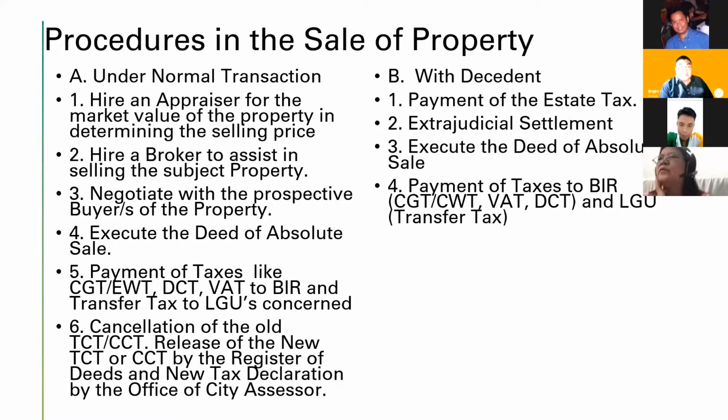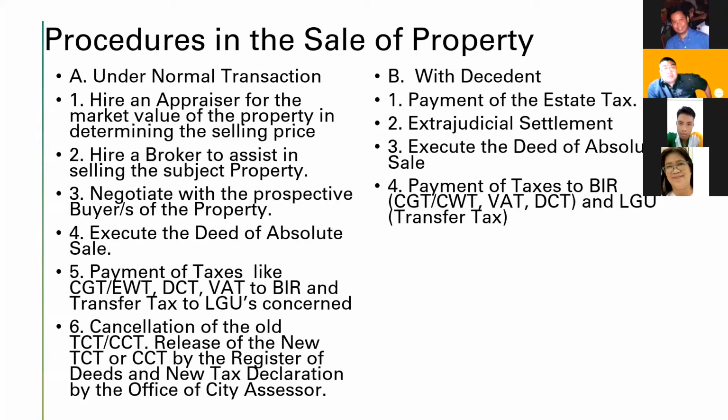Then the property owner will have to go to the assessor's office to process the tax declaration. Supposing you are a buyer and you bought your property from a developer, you could always check if the title is already transferred to you, if there is already a tax declaration. Because that's another proof of ownership, the tax declaration and the TCT. Now, under the death of a decedent,